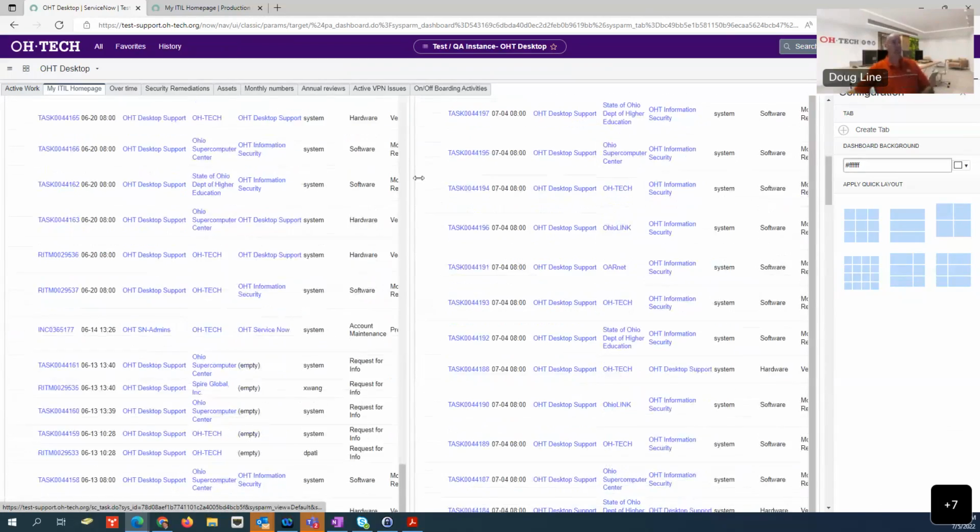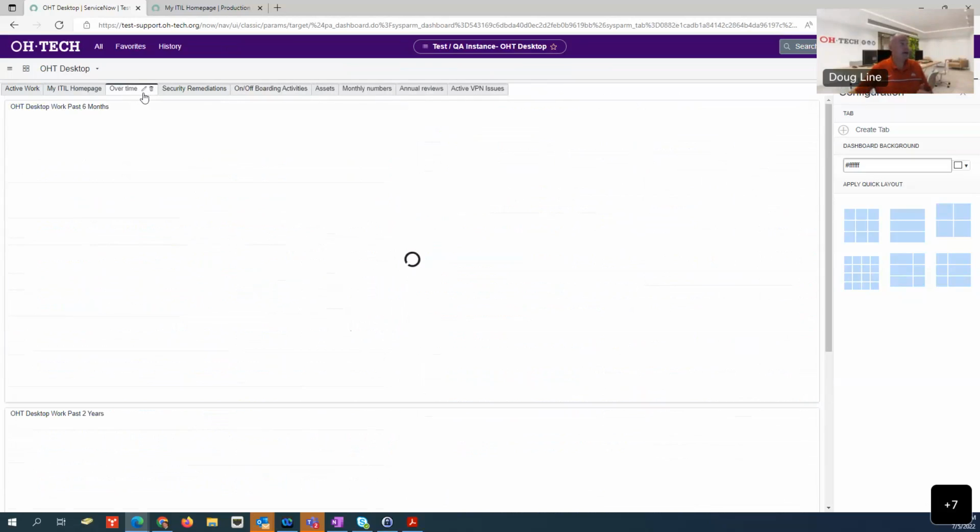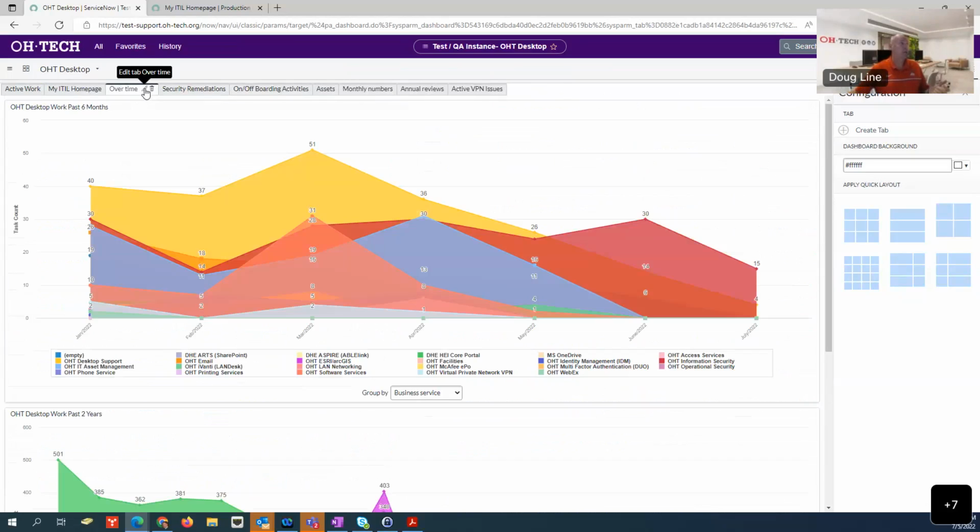The other things that you can do while you're configuring, if you want to move these dashboards around, you can move them around and say, yeah, I want this up here rather than the back. You can rename items by simply clicking on a tab and then